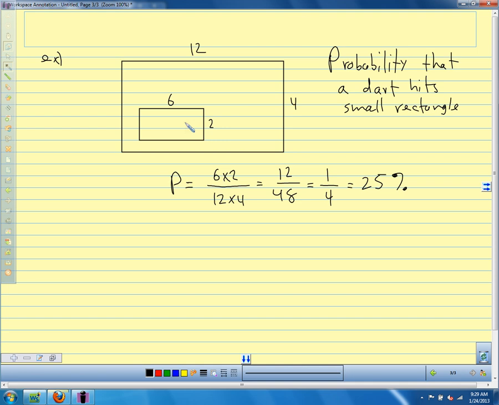Any questions on geometric probability? No. If the problem didn't ask you specifically, 1/4, 25%, 0.25, they would all be fine for the answer. All right. So geometric probability just has to do with area. That's why we're talking about it at the end of our unit on area. Okay. That's all I had to say today.